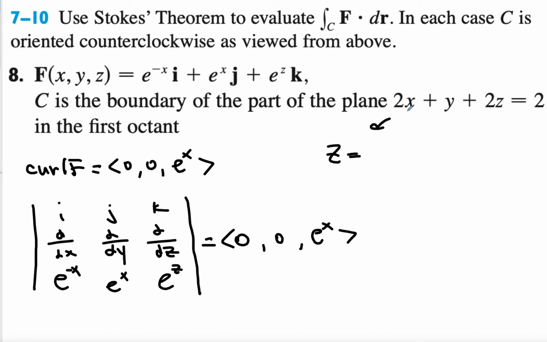Z is equal to 1 minus x minus y over 2. I can solve it in that way, where x goes from 0 through 1, and then if you were to sketch the surface